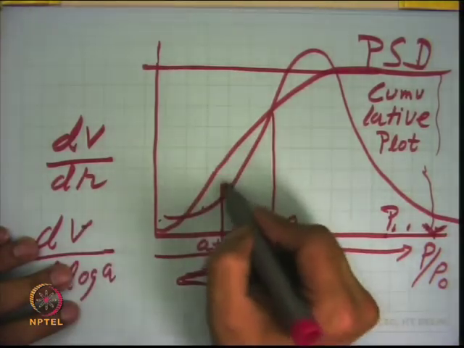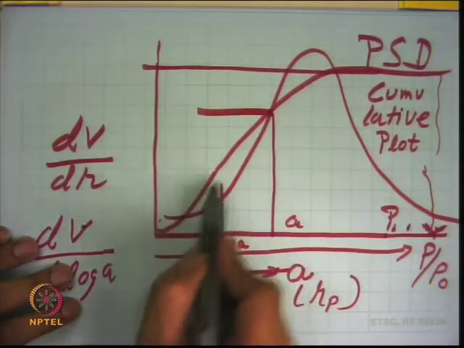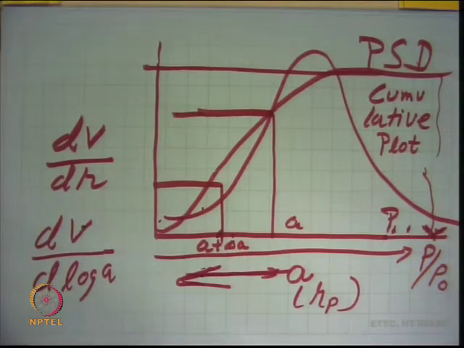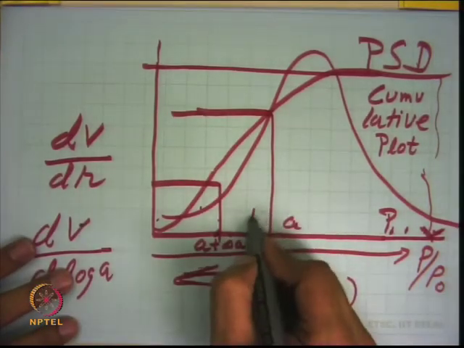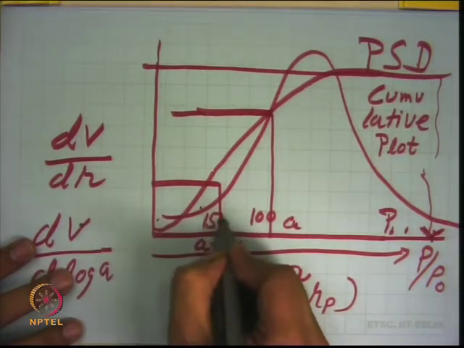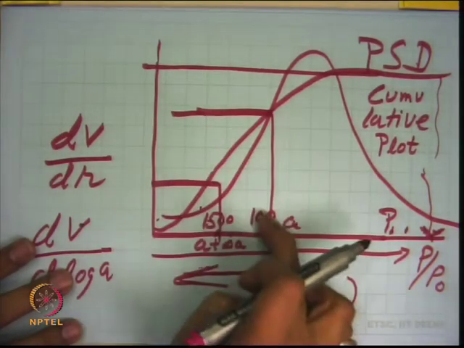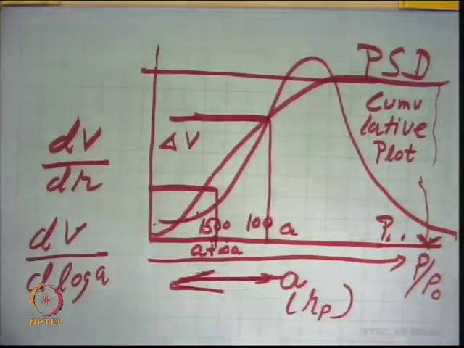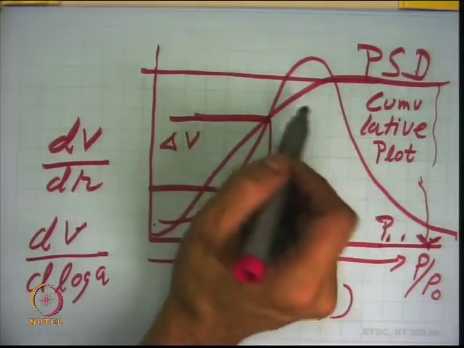So, that is between two radii, a and a plus delta a, what is the volume of the pore which has just filled? The total pore volume between two radii, suppose this is 100 angstrom and this is 1500 angstrom. So I can get an idea of, between pore sizes 100 and 1500 angstrom, what is the volume of the pore which got filled, and that is your delta V. This is known as the pore size distribution in a catalyst.